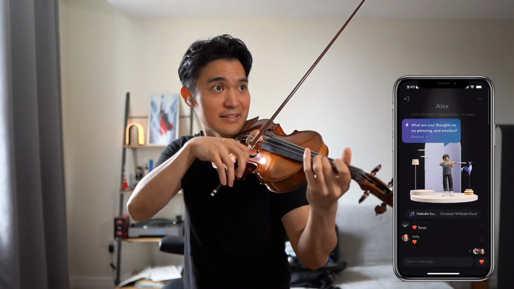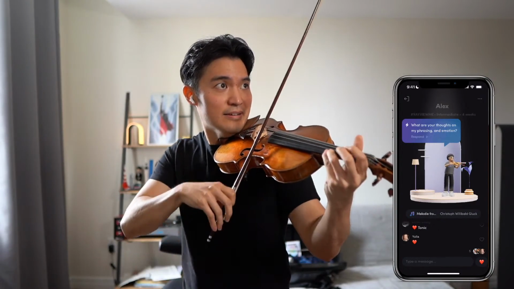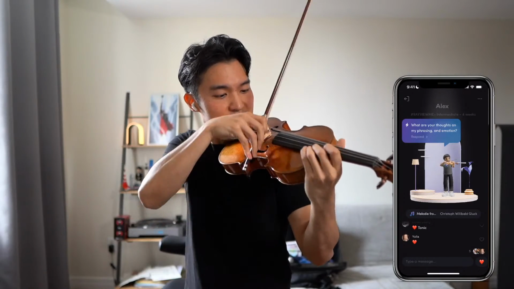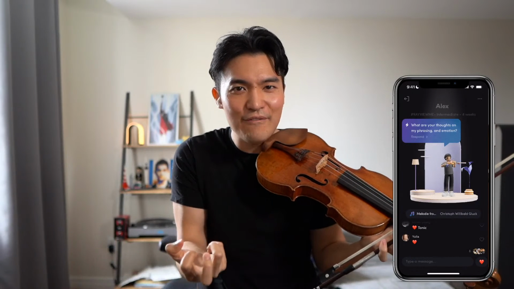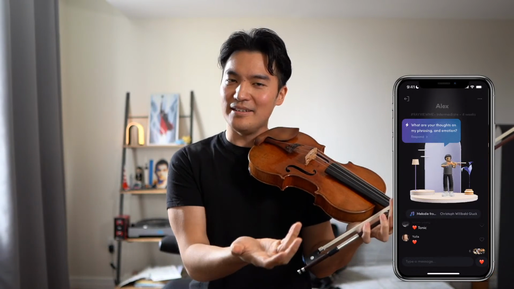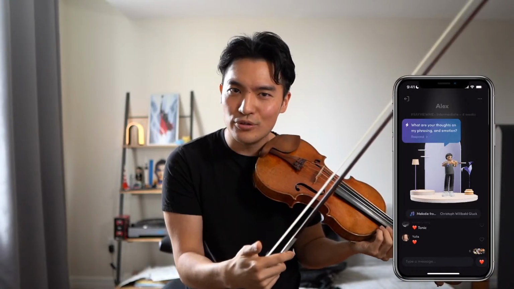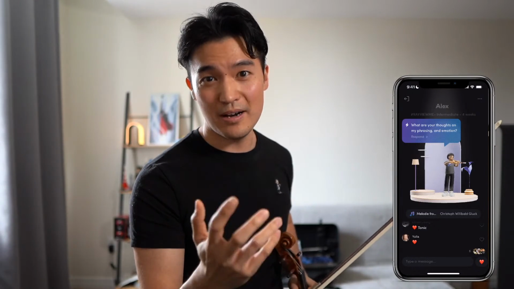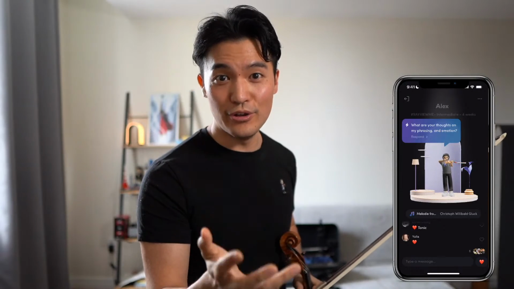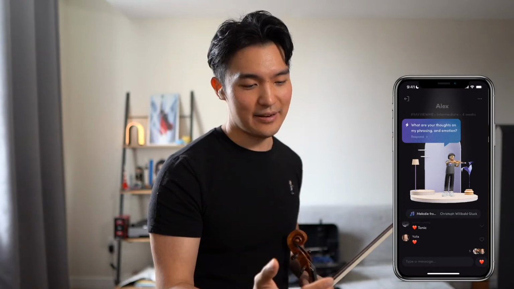This is me, just only using dynamics, right? It doesn't have the same intensity. It doesn't have the same emotion. So that's the big difference for playing a piece like this: the emotion of the music must be behind every single note that you play, and every single phrase then relates back to that.